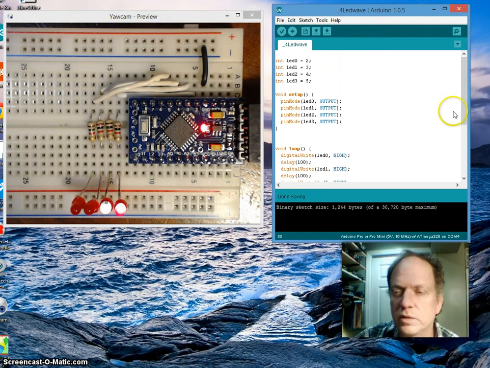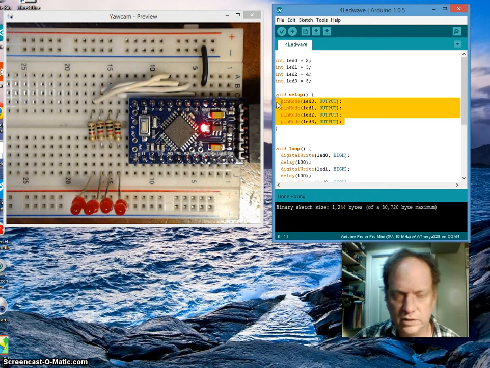So I have a piece of code already up on the screen. One of the things I wanted to show you real quick is, recall from the last video I said you could use 1s for outputs and 0s for inputs, and you can set 1s for highs and 0s for lows. This whole bunch of code right here we can simplify quite a bit. I'm going to go ahead and just delete all of that. I'm going to do something called